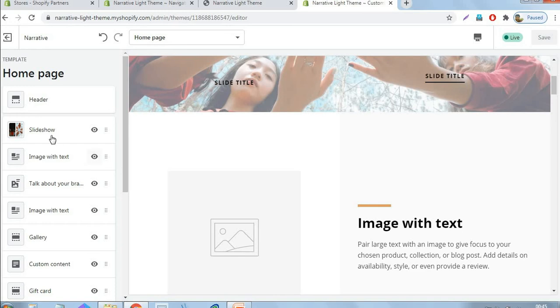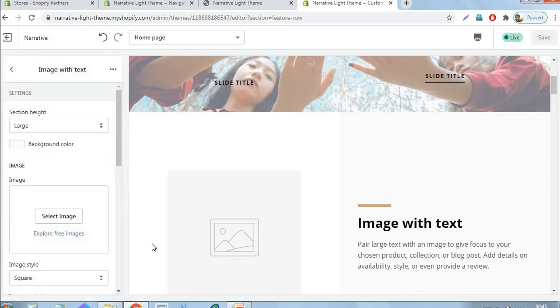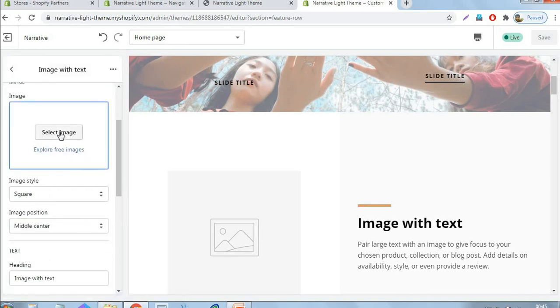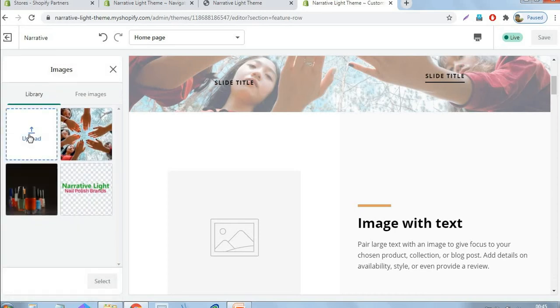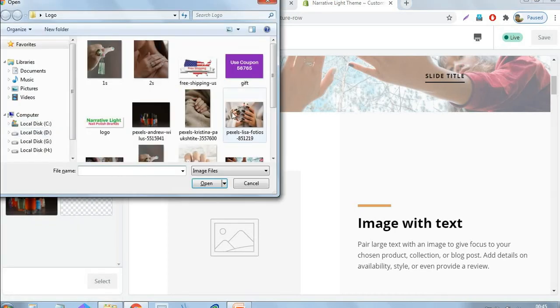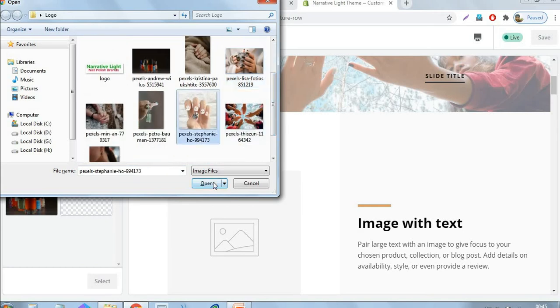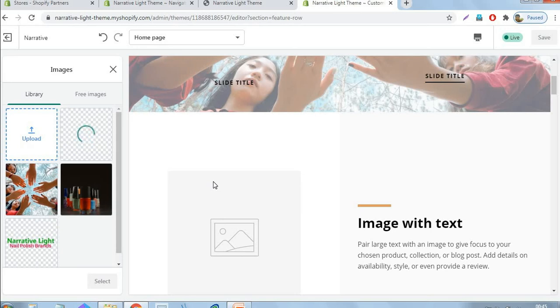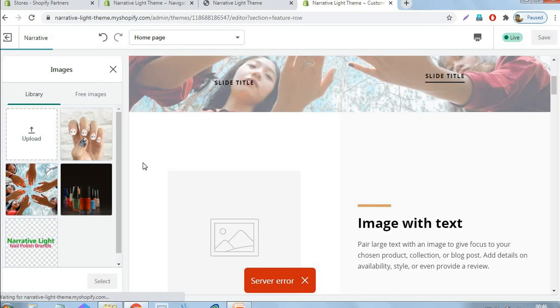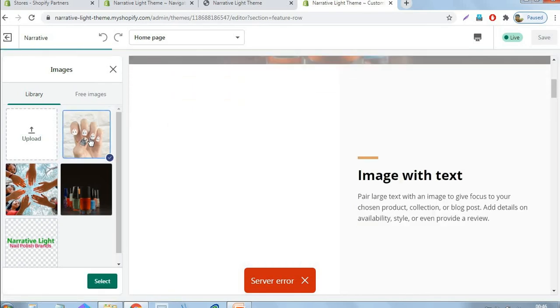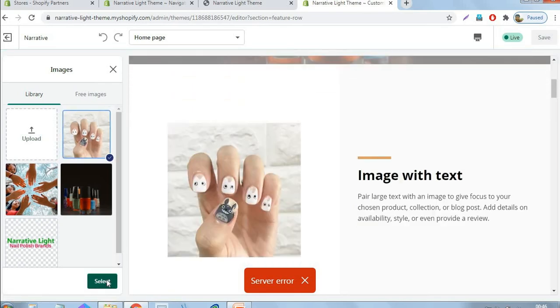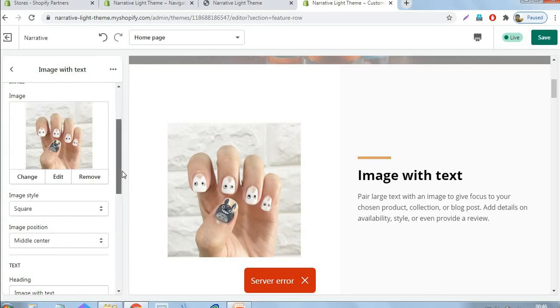Okay, just click that, upload an image. Then just select that particular image and give any title.